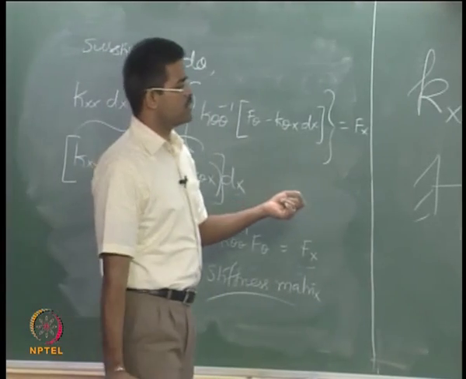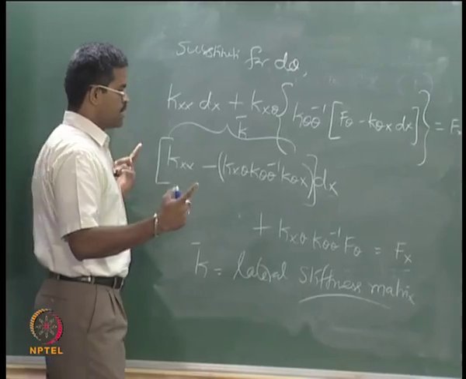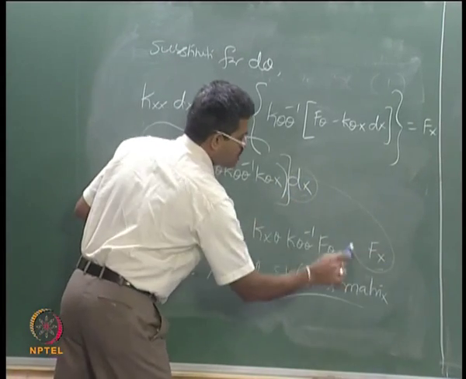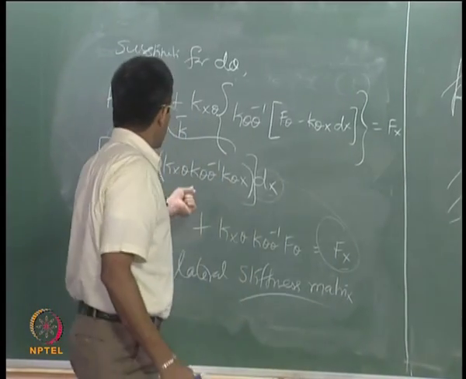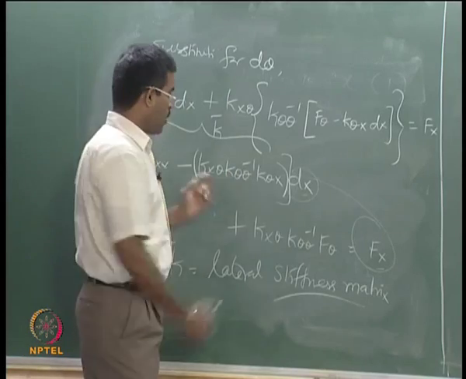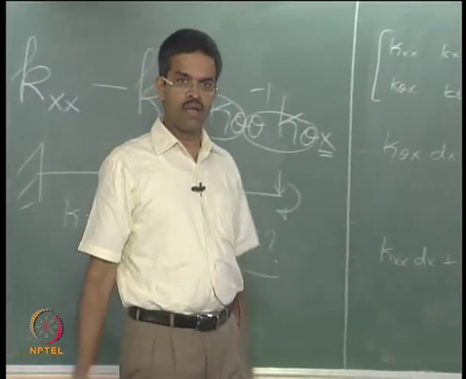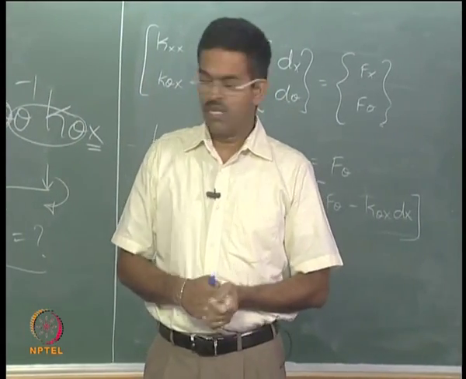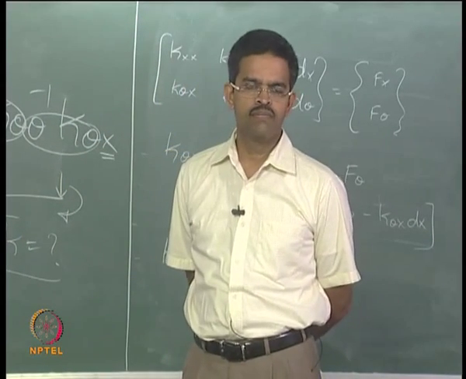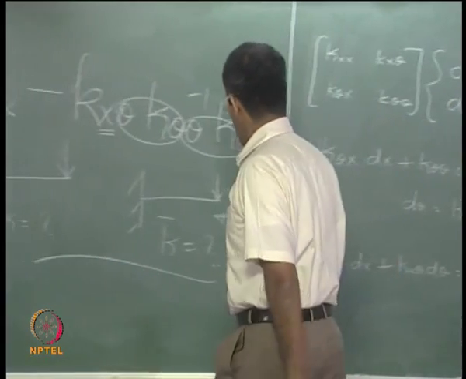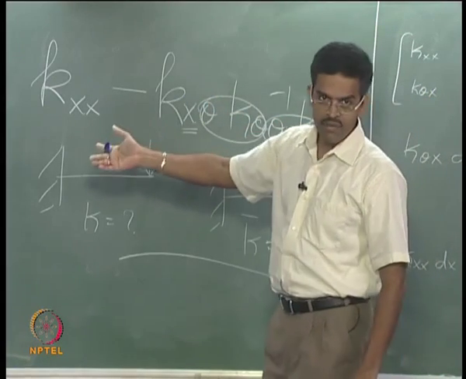Now, there is a reason why I am calling this lateral stiffness matrix, because it is very easy to understand here from a general expression. Any displacement connecting the force in a direction should give me stiffness only in the direction. That is a general algorithm. It may have components of theta, that is why I am calling this as condensed stiffness matrix or translational stiffness matrix or lateral stiffness matrix. It is an equivalent matrix. It has got components of theta also into it, remember that. Okay. So, when you have confusion of this order, I can resolve it to this order using this, and this equation may not be derived, can be remembered.